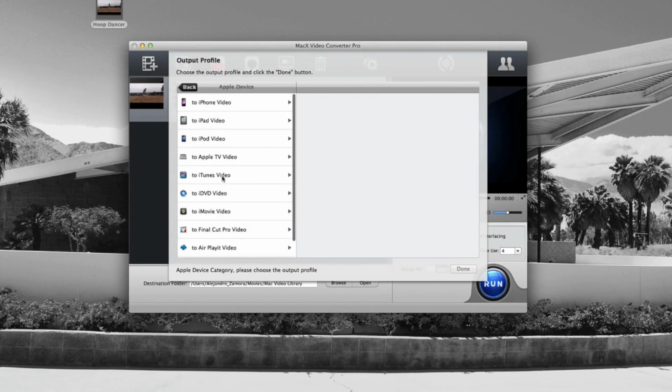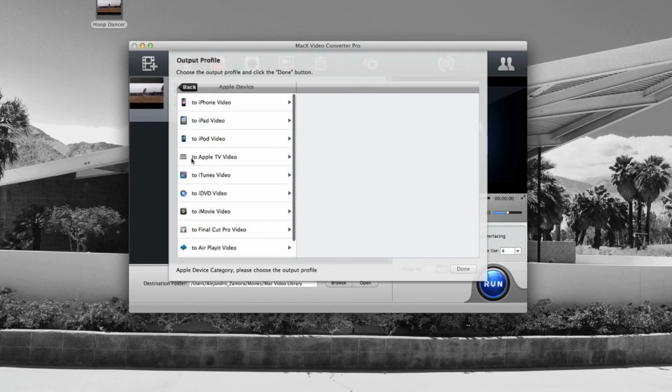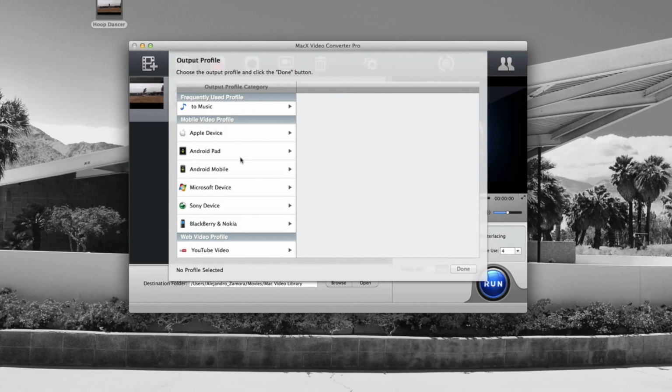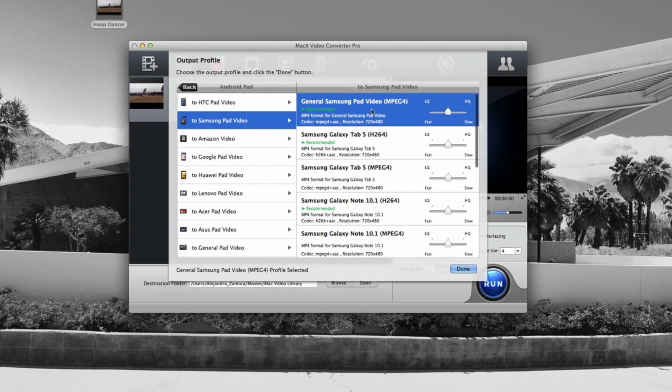Like, MP4 will easily work on each and every single one of these. So I don't know why you need to convert for iPad or iPod or Apple TV if MP4 will work on all of those. Or for Android. I'm sure Android can play MP4. And over here an exported video came out, so I'm sorry about that. But here, Samsung Pad, of course MP4 will also work with this. The only thing that won't work is MOV. That's the only reason you would convert if you recorded something on MOV and want to convert it to MP4,